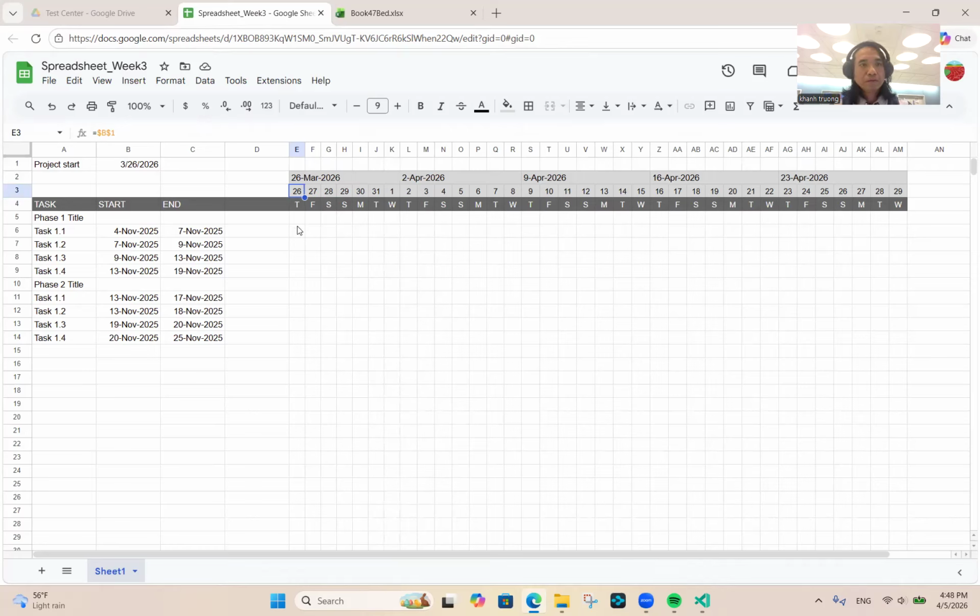Now, let me do a little formatting. This one right here, I want to indent it. Microsoft Excel does have the indent. Microsoft Word, Microsoft documents, they have an indent here. In Google Spreadsheet, you have to do a little extra. You either manually do it, put spaces before it, or you can actually just